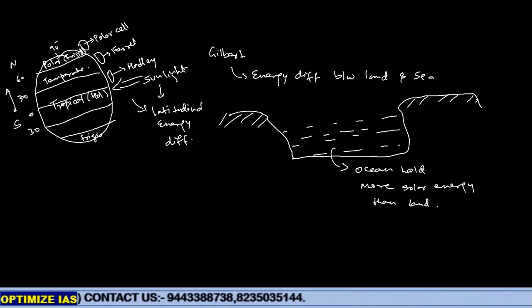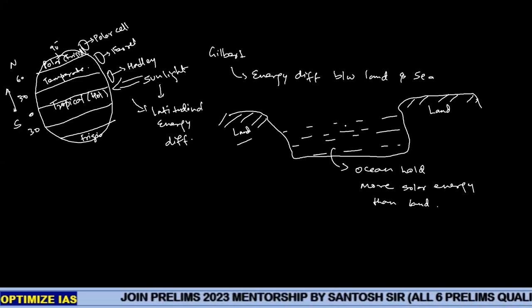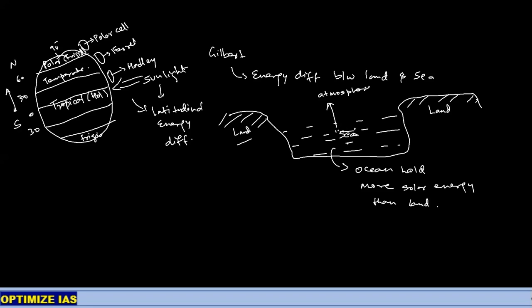So oceans should be getting heated up more compared to what are called land masses. But it is not happening. There must be something which maintains the ocean temperatures in equilibrium. This process is what is called sea-air interaction. So the sea is able to maintain its temperature, its heat energy, by transferring its heat content to what is called the atmosphere. So that produces a situation.